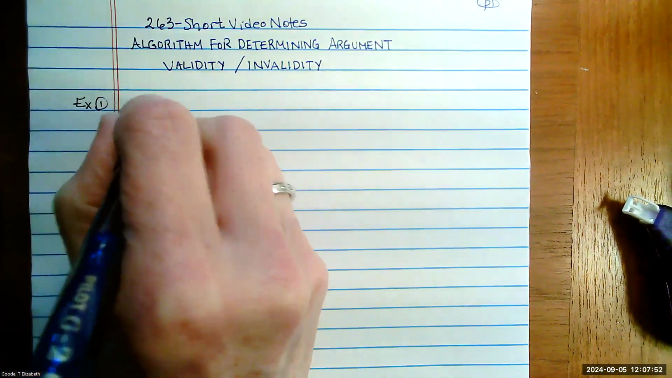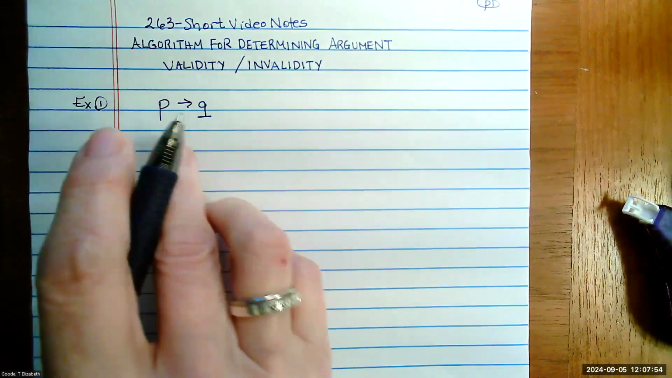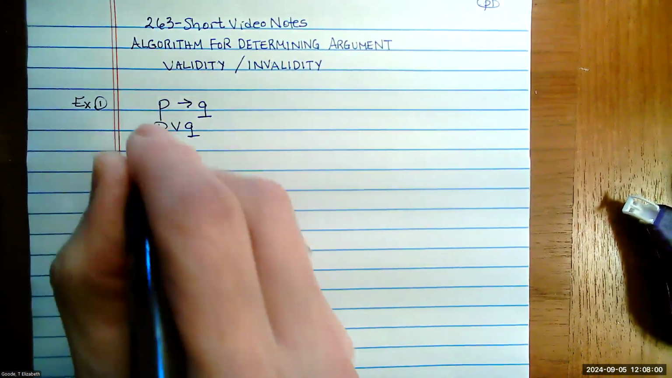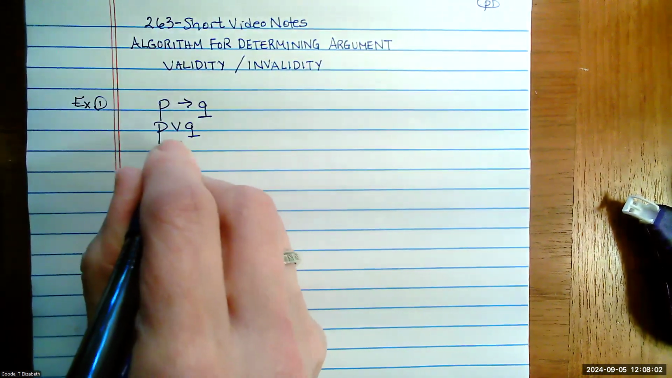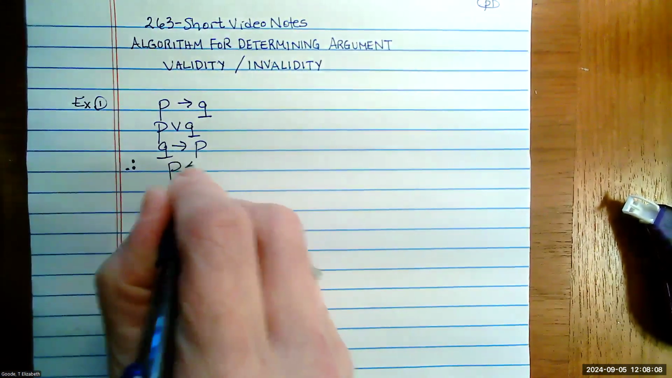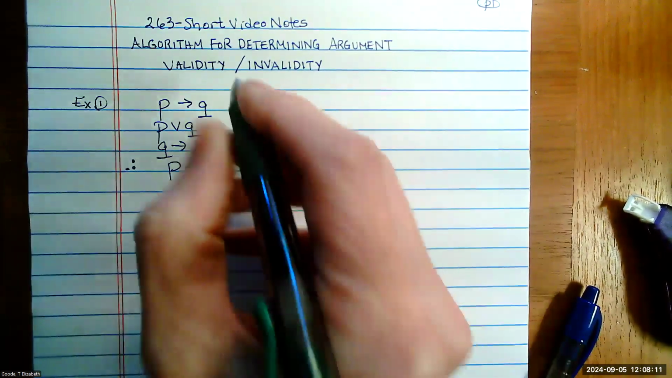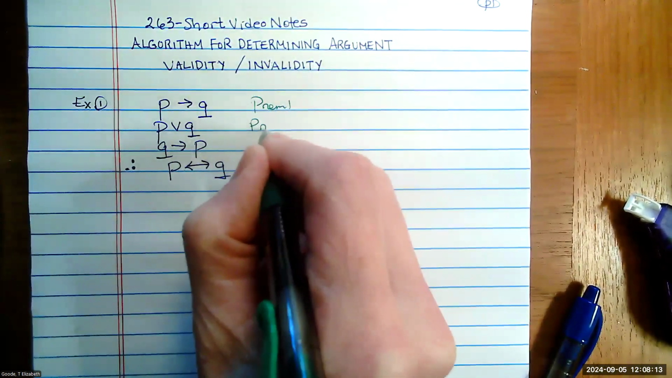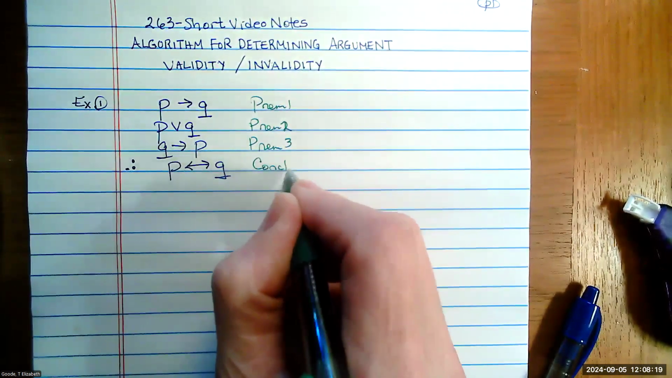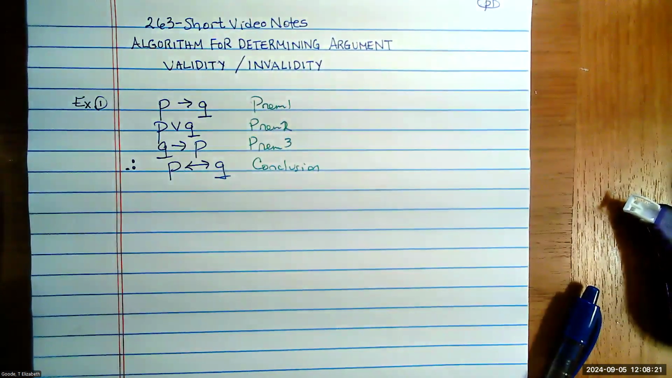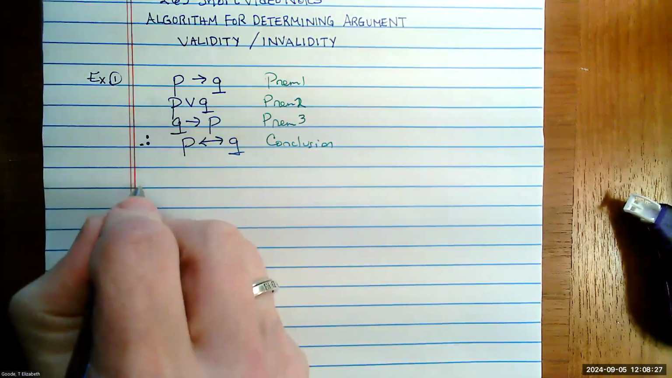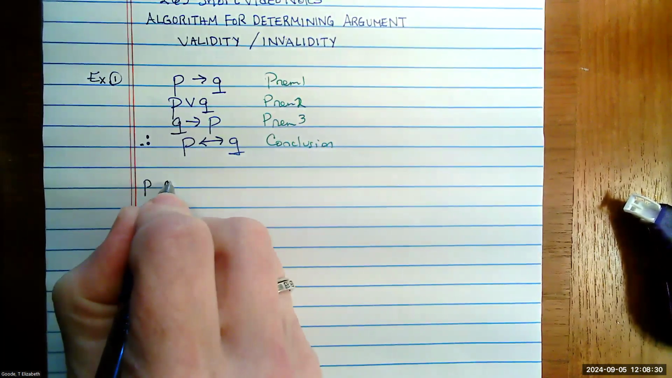Here, we're going to look at an argument that has P implies Q for its first premise, P or Q for its second premise, Q implies P for its third premise, and therefore P if and only if Q as its conclusion. So we have premises and we have a conclusion, and that's going to help us when we set up our truth table, because the first step, of course, is to create a truth table that has a column for every premise and the conclusion. We only have